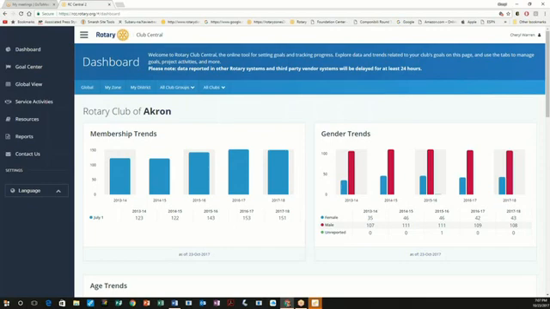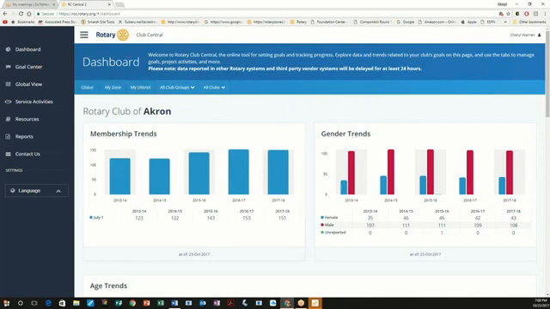So when you first come up, you're going to see the dashboard. And this dashboard is going to point you to where you want to go. Along the left side are the submenus. Under each item on the left of these submenus are different areas of the portal. The dashboard along the blue line is going to show you trends.